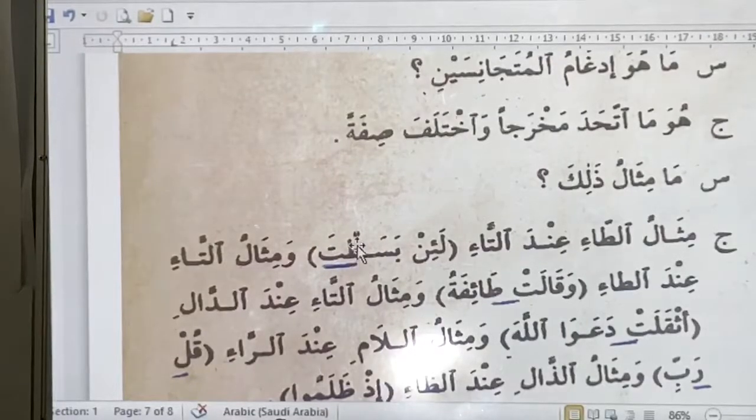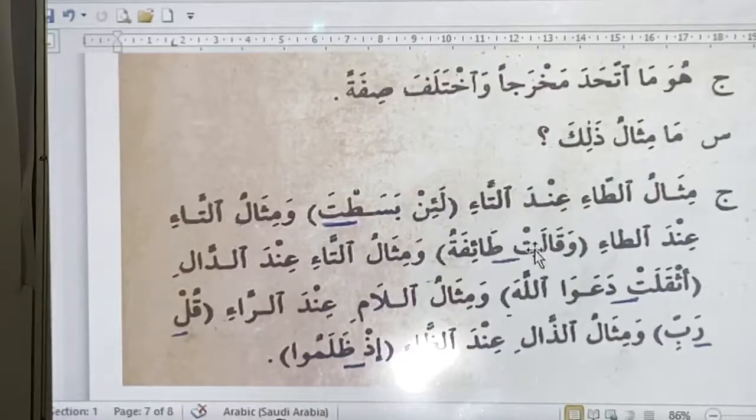And then when you see the two now, you drop the first one, or you silence the first one, and you put the shadda on the second one. So you read it basatta, and not basatta with the sakin. You can even tell that whenever you try to read it the other way, by putting the sakin, you can't even pronounce it properly.